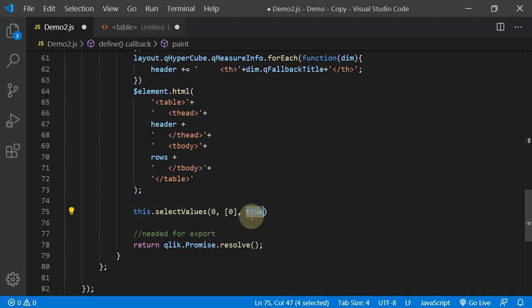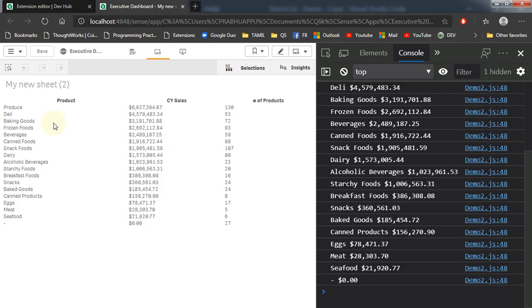And again, the third parameter is for if you want to clear the previous selection or retain the previous selection. True means it will retain the previous selection as it is. If you make it false, then it will clear the previous selection. Let's save this, and if you refresh the page,